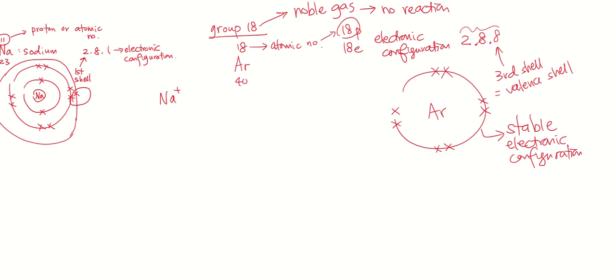That's my second part. Vertical is called group. Horizontal is period in the periodic table. When you take in one,